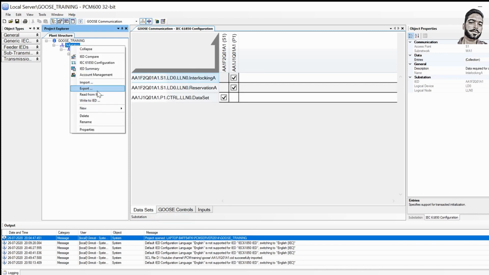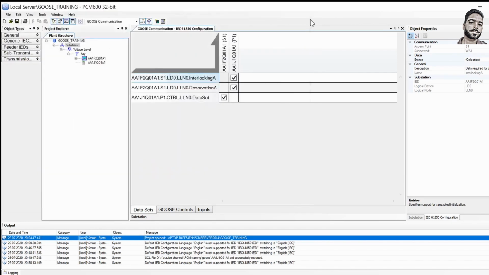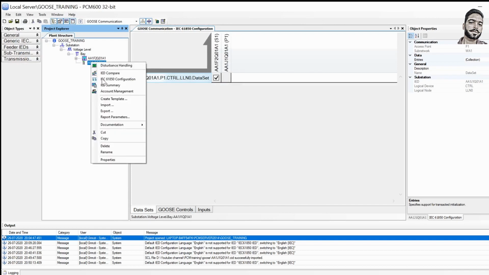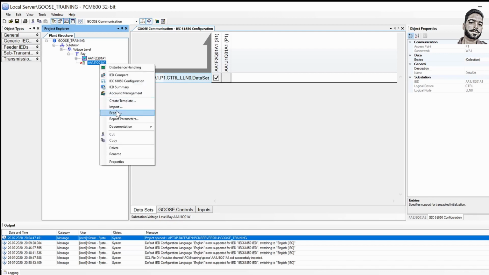You can export the SCD file from here, and you can import it again into the relays one by one. If you want, you can also directly export the CID file. Because it's already configured, you have to write it again in the Siemens relay. So you have to give this configuration to the Siemens engineer again.